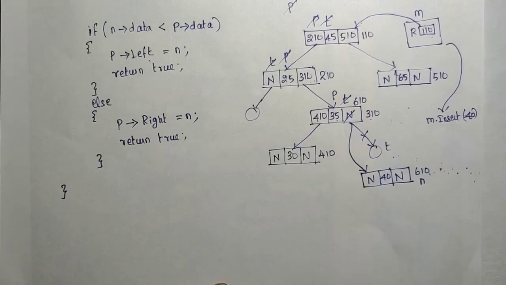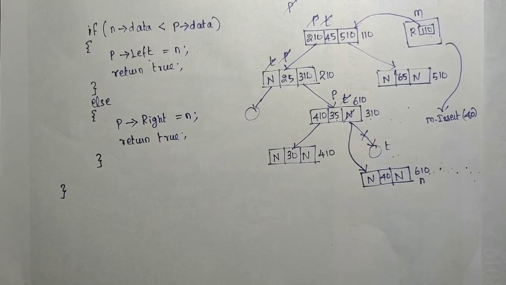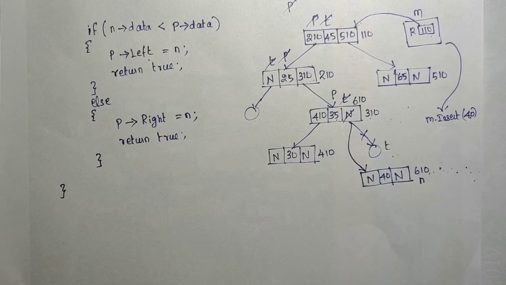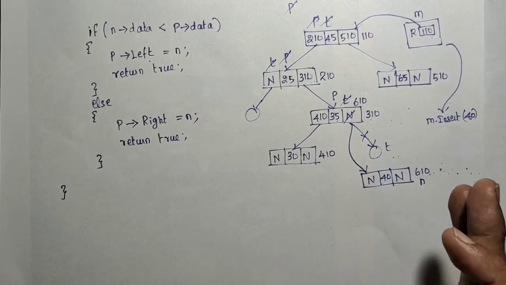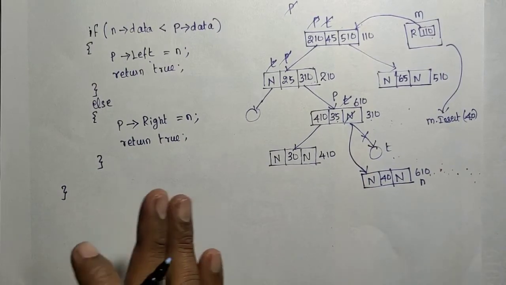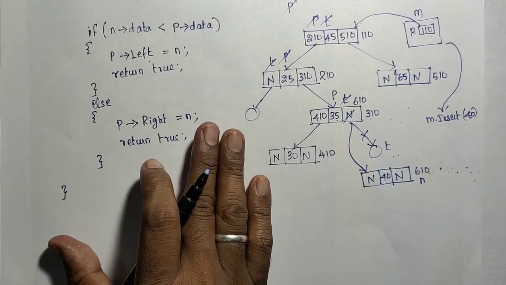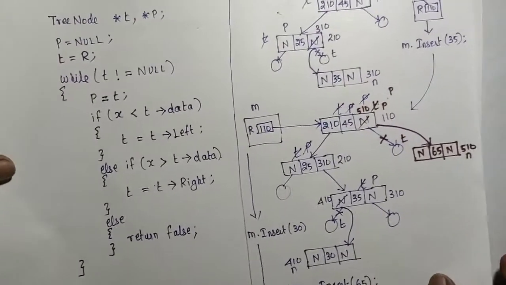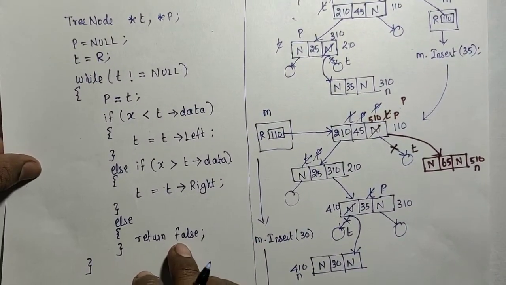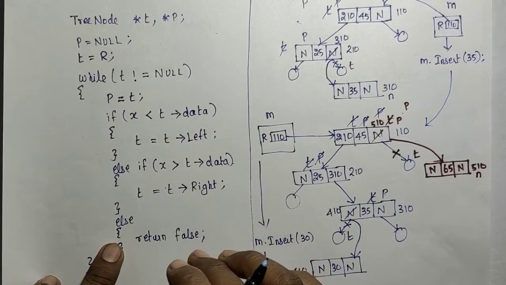So this is an example for insertion. Try to understand that algorithm by tracing with some examples, so that you can easily understand it. If you remember this procedure with that example, the algorithm, no need to memorize it, you can write it yourself. The only point to be noticed here is that duplicate values we have not handled. So if duplicate values come here, by default it will return false.